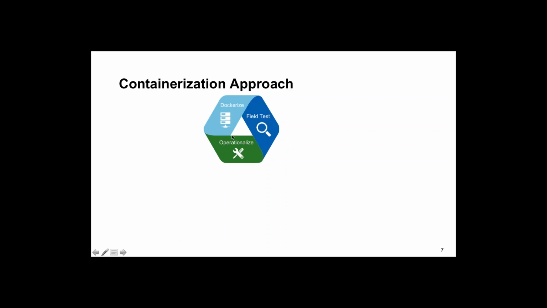You put the Docker files, define them, and design the Docker files with modularity and isolation in mind. Then field test those, which means you subject these Docker containers to a live project. That way you will understand the real implications of running a containerized application through a live project, and then operationalize that particular